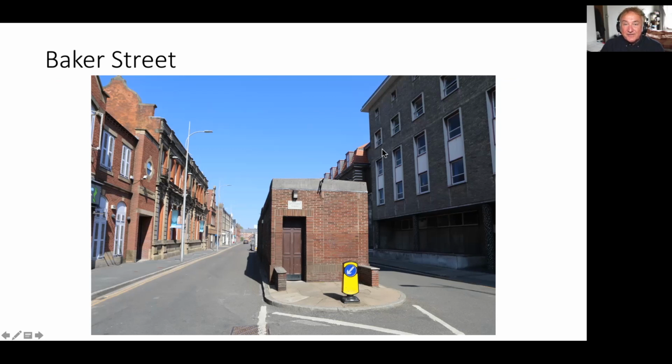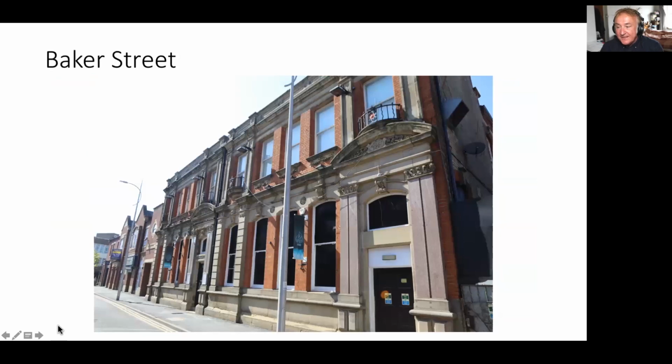So you don't see the frontage of 1901 coming around here, but you can't see that at the moment because there's quite a lot of works and lorries and metal railings and stuff around there. So we're coming to this fine building here, and this is the former